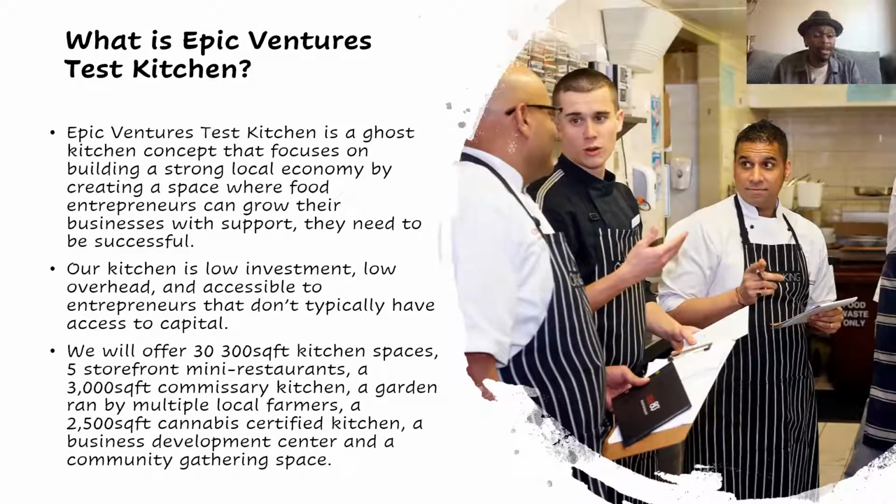This is what I believe is a way that we could fight poverty and fight hunger: by investing in businesses and creating a model like this where it's going to be affordable for people to get into these spaces. Right now, on average, ghost kitchen rent is anywhere between $7,000 to $10,000 a month. Our spaces are going to be anywhere between $2,000 to $2,500 a month. Our storefronts are going to be anywhere between $2,500 to $3,000 a month, but they're going to come fully equipped with everything that you need.